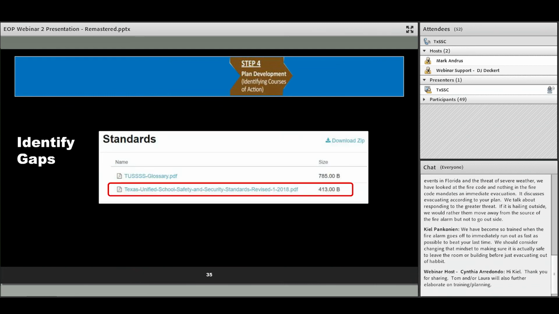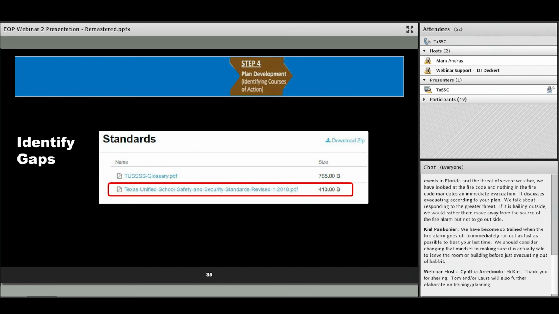You can also click to get to the actual standard document itself, which is a PDF. Again, these address the 4 phases of emergency management as listed in law. So it's very important that you weave all 4 of those emergency operations phases into your plan. As you can see from some of the requirements in the audit reporting, and even some of the things that our local officials are demanding compliance to, is to make certain that those are all covered.